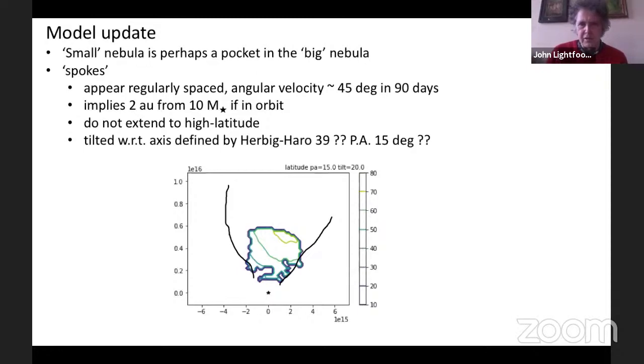I've tried some geometrical modeling, and it indicates that the position angle of the thing that's spinning is about 15 degrees from north, which is slightly different to that of Herbig-Haro 39, which is always thought to be the axis of the nebula. So things may not be quite lined up as we would expect in the center of the source.